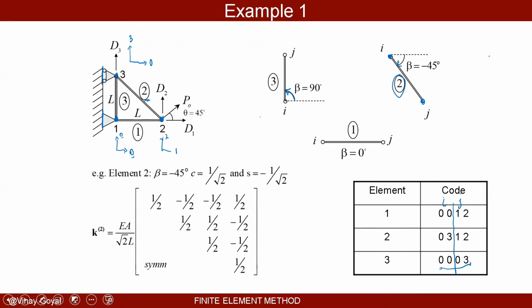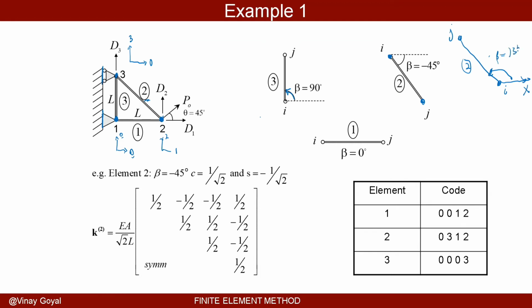I want to do something a little bit different this time, not to confuse you, but I want to do it to kind of show you what you will get if I have made element number 2, because I can do it that way if I wanted to. Element number 2, I'm going to make this I and this J, because you can select how you want it. You just need to be consistent. So that has to be defined with respect to X. So this beta now